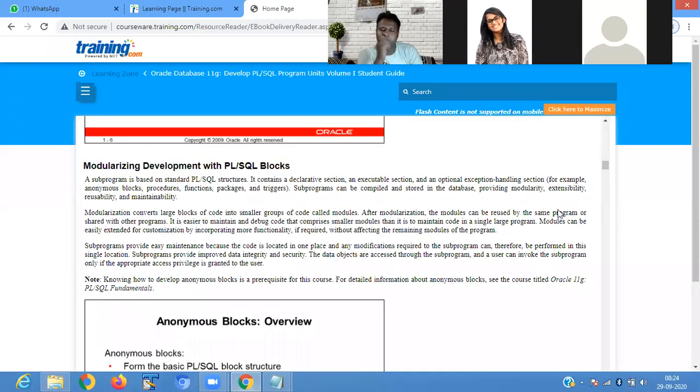In an anonymous block, you are writing the code or the SQL statement. After writing the SQL statement, when you require that kind of result again, you write the code again from the beginning.